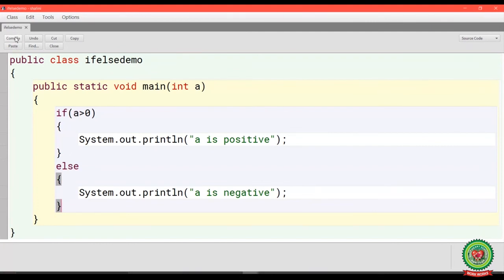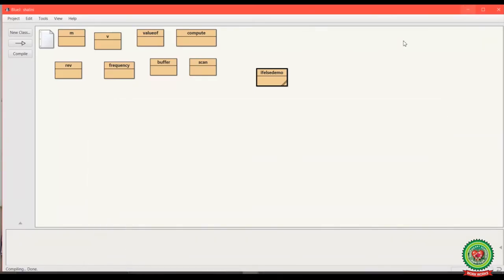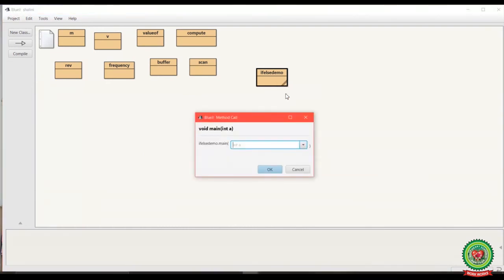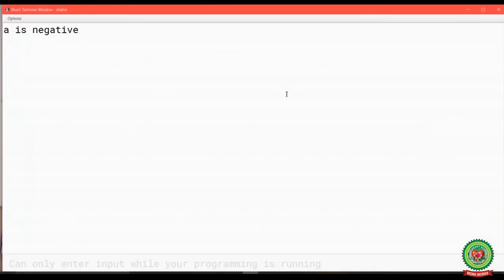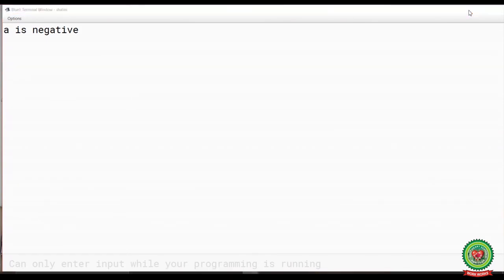Now I will compile my program. No syntax error. Minimize it and we will see our result. Right click, void main. I am going to give the value -20. And my answer is a is negative because -20 is less than 0.